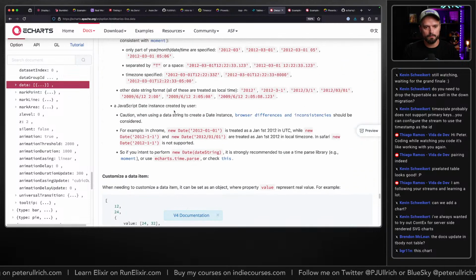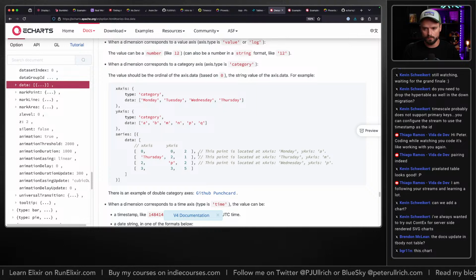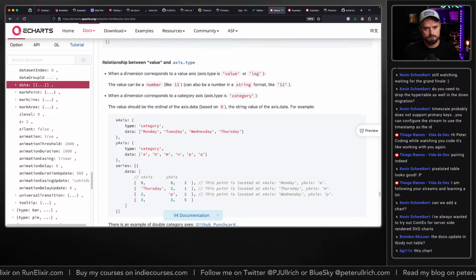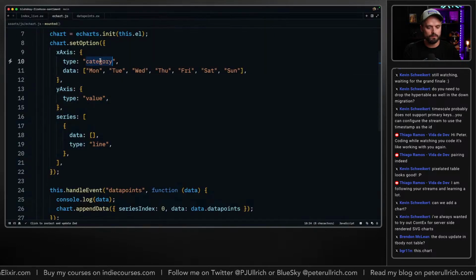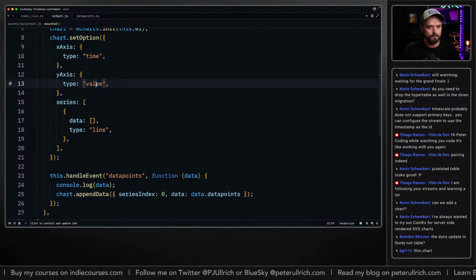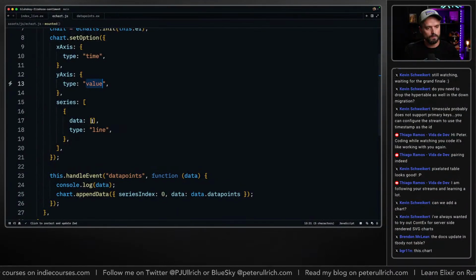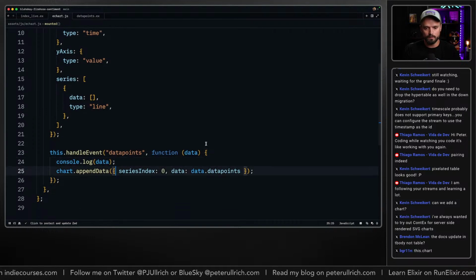So I think this might be it. We can define, just in the data, where the X and Y axis is basically. Let's try that. So our X axis is actually time, and we're going to remove the data. Y axis is value, could be, and then we keep our data empty. And when we send our data,